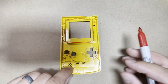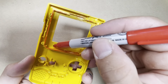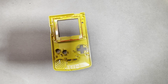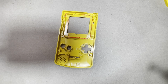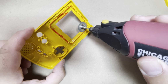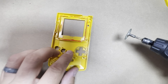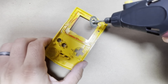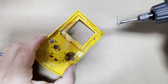There we go. Okay, so it goes here, here, here, and you want to cut down flush to the bottom shell here. So I'm going to be using the Dremel for this. Usually you go right in there and cut right in until you cut through it. Now you want to be careful on this side and the left side here, because these are the screw